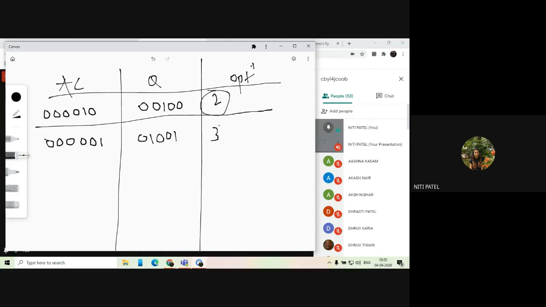There is no restoring in the third cycle because the content of AC was 0. So we have directly made the content of Q0 as 1. Whenever we set the value of Q0 as 1, we do not do the operation AC is equal to AC plus M, and the value is not restored. How many cycles we have to do depends on the number of bits in your Q. So your Q is of 5 bits, so we'll be doing 5 cycles.